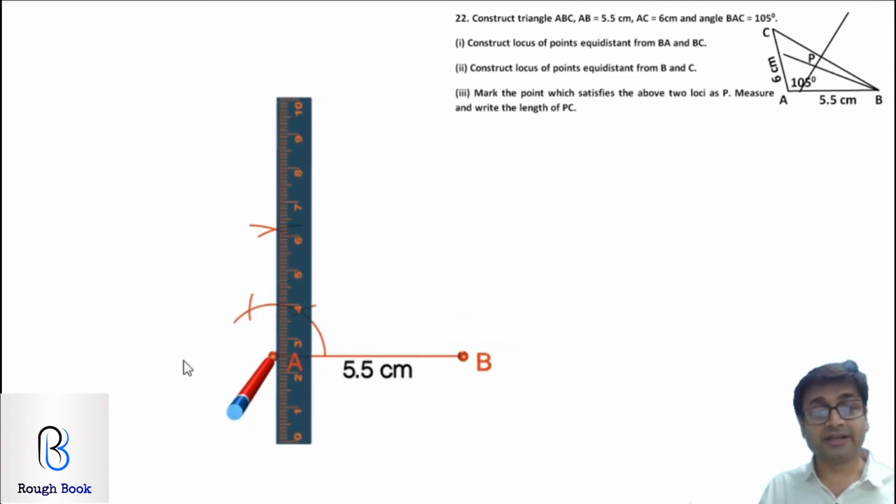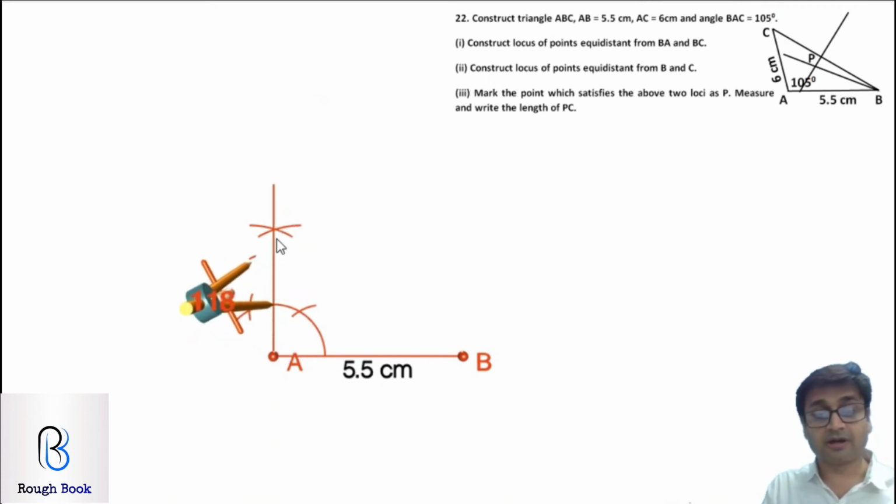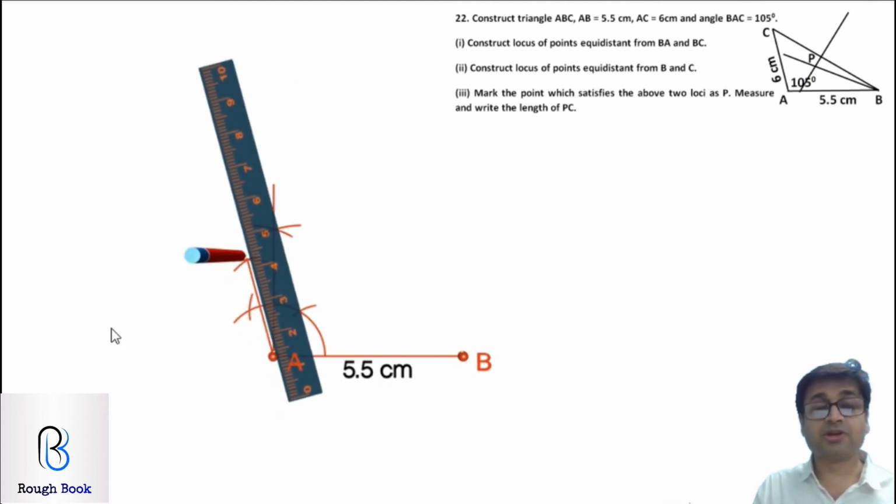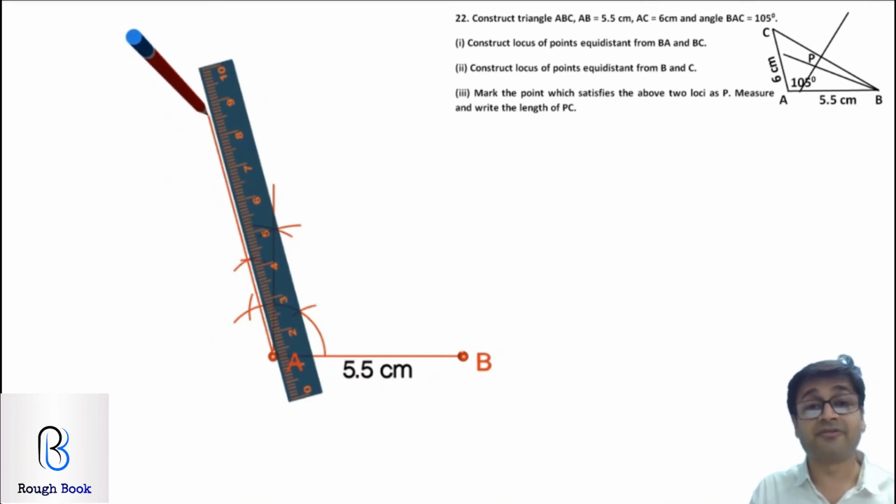Once you get your 90, now take the point over here on the arc. Can you see this point? And from here, cut an arc. Don't cut from here, because this is the point of 90 on this arc. And then from 120, that is here, cut one more arc. So these 2 points are very important. Wherever they intersect, join it with A and you have managed to get your 105 degrees.